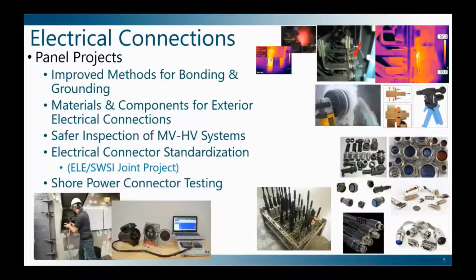Recent and ongoing efforts are focused on improving electrical connections and testing processes. The first two projects are focused on improving installation time and extending the lifetime performance of electrical connections. The Safer Inspection project focused on developing methods and technologies to safely inspect bolted electrical connections and medium voltage electrical